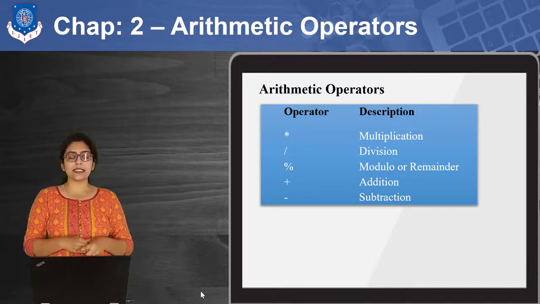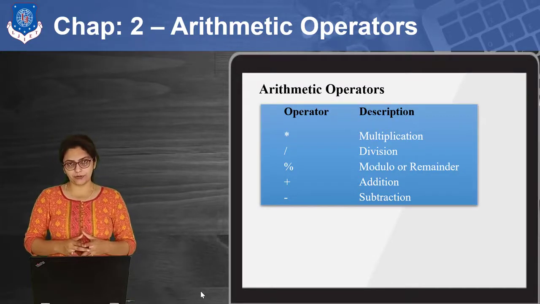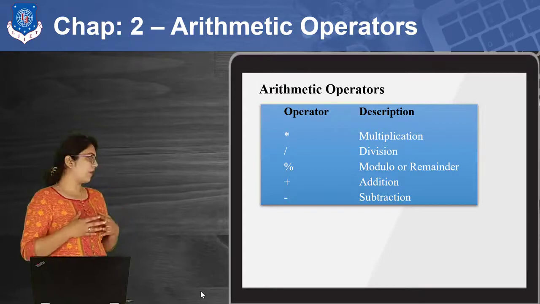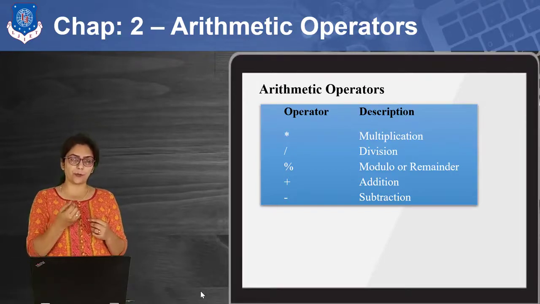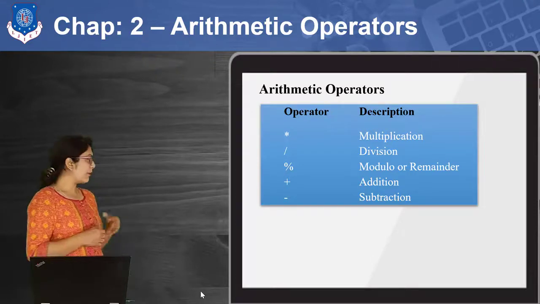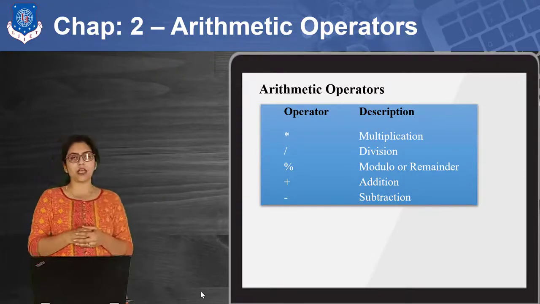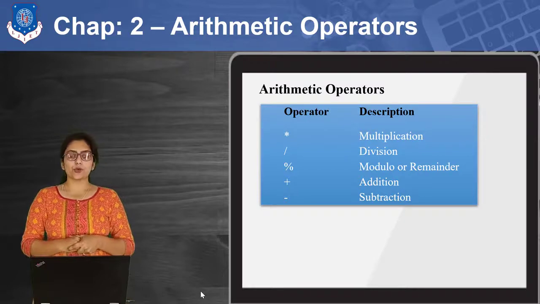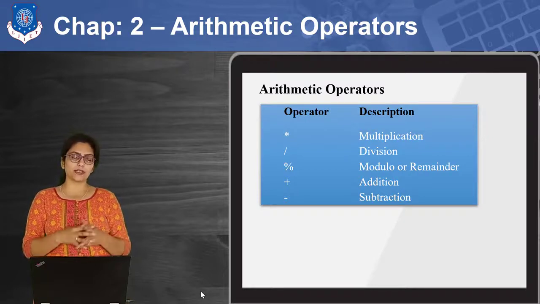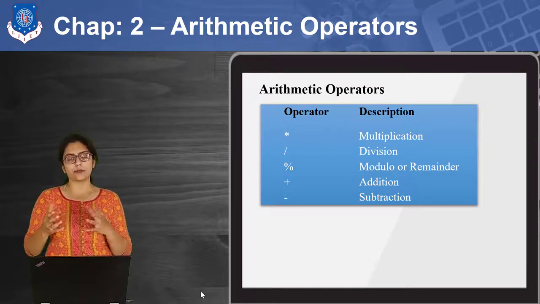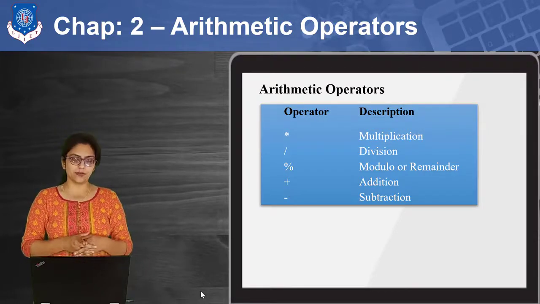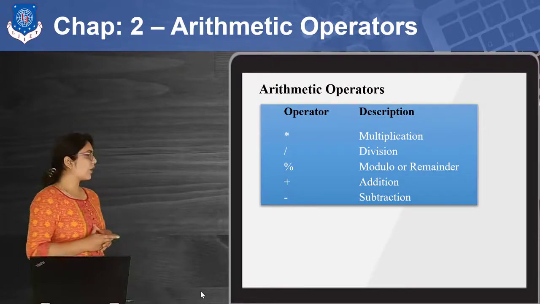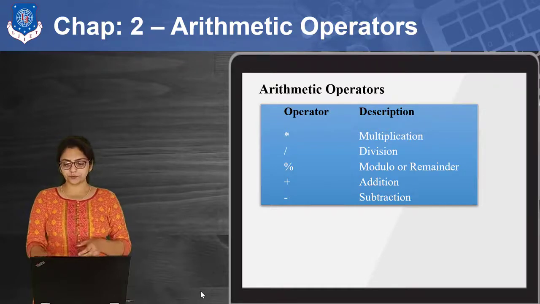These operators are basically binary operators, because we need at least two operands for them. These operations cannot be performed without 2 operands. So we must have 2 operands, like A or B, or say 1 variable and 1 constant, or 2 variables are needed. So these are called binary operators.